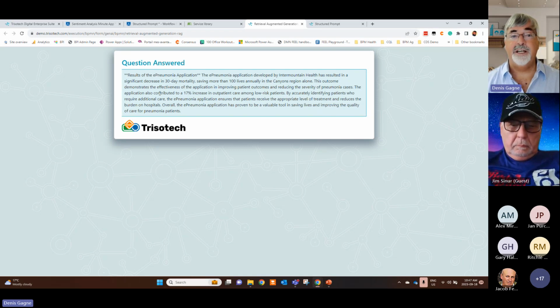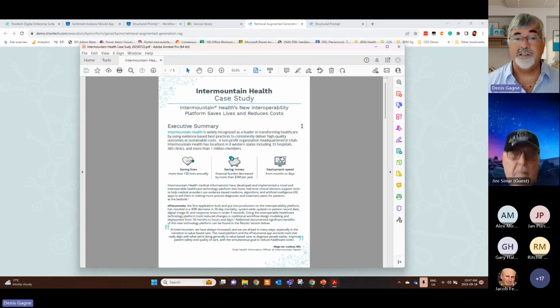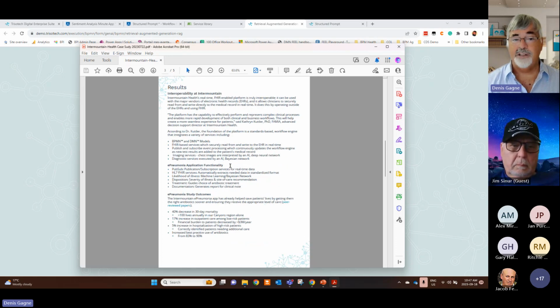And it goes on explaining the contribution and what's done. And if I bring that document back again, which I probably closed, which is not a good idea, you can see that right there, one of the highlights is more than 100 lives. And it's got all kinds of different statistics about outcomes and 30-day mortality and all this.